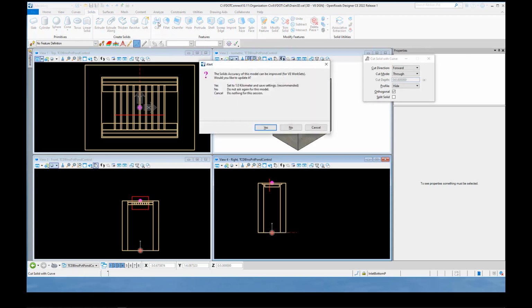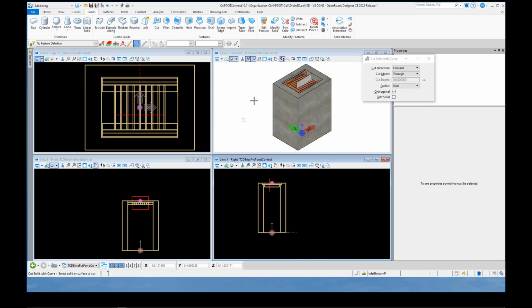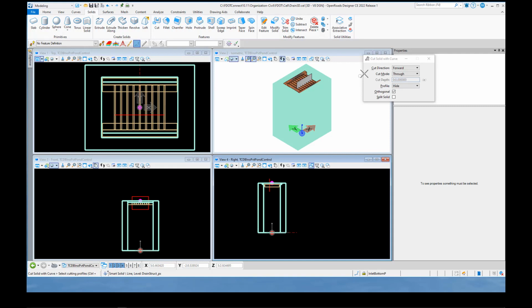Now we're going to use cut, and it's going to ask you a silly question. Do you want to make this kilometers? No. And don't ask me again for this model. You don't want to adjust your units, believe me. Okay, now having the cut active, if you'll notice down here it says cut solid with curve. Select the solid or surface to cut. So we're going to select this solid. Now you see a cut direction of forward, cut mode of through,